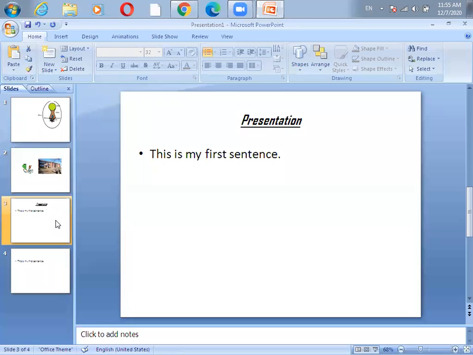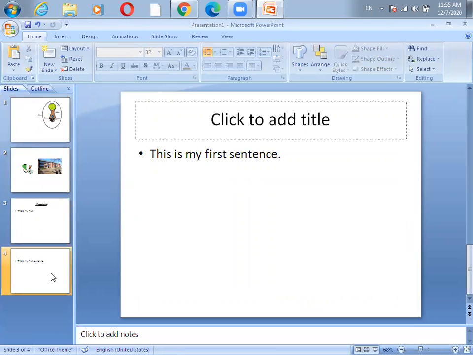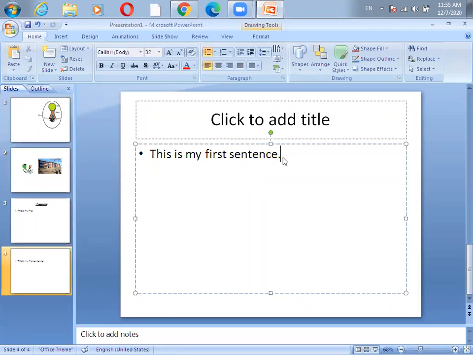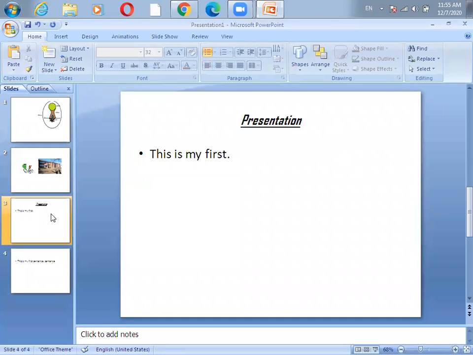Okay, so this means we are going to just copy that particular text, and we are not removing it from the back slide. Okay, now if I'm going to cut it out from here, like I have chosen this word sentence from here, and I'm going to cut it out. Okay, अगर मैंने यहाँ से कट किया है, so means क्या होगा, वो यहाँ से delete हो जाएगा. Then where I'm pasting it, it will come over there only. Okay, if I paste it over here, then it will come over here. Then it is deleted from the previous slide. So this is the difference between the copy and cut.